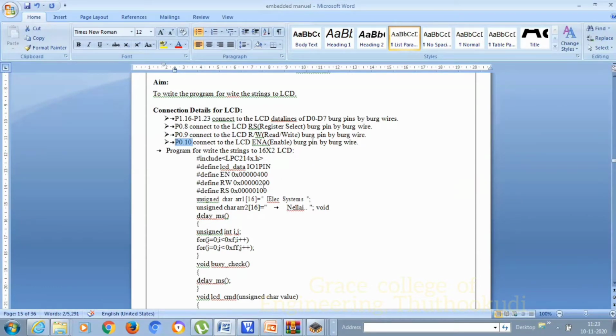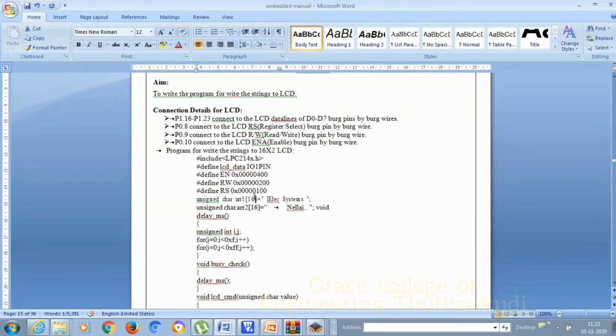That particular 10th bit is set to 1. Similarly, for all the read, write, reset pins, according to the pin selection, the corresponding bit is set and the hexadecimal value is written and defined. We are going to display ILAC system in the LCD, so we are giving the string.